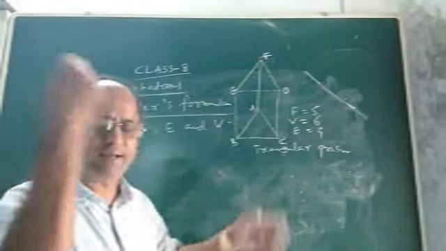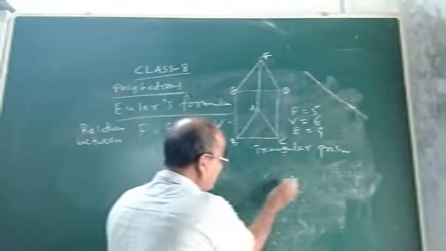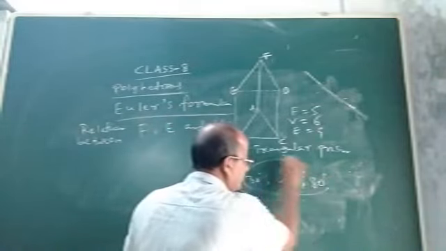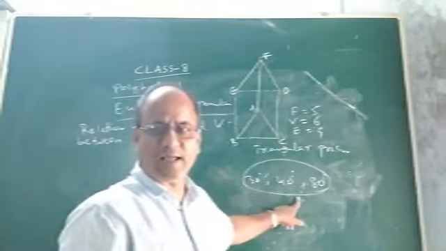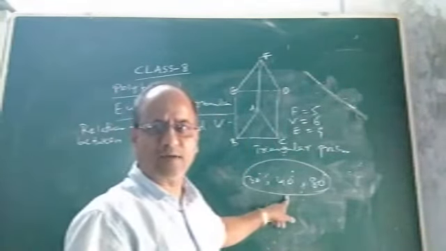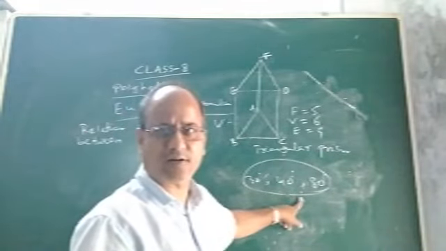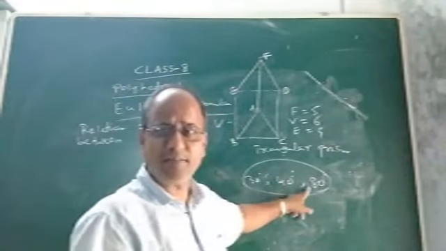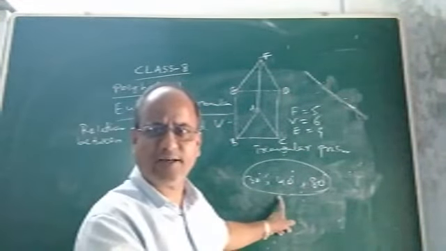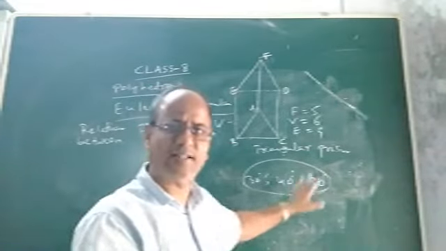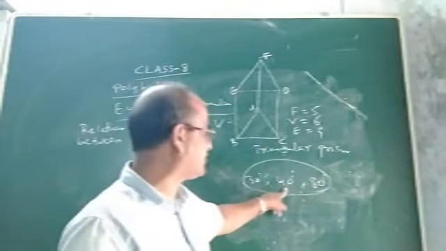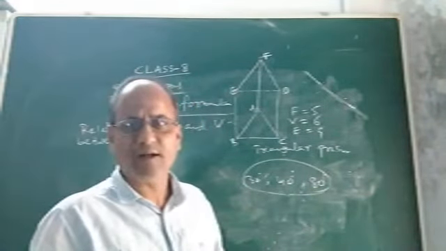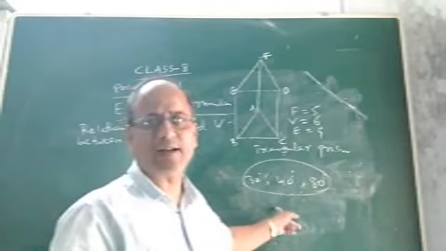It is like a triangle. Suppose you are given 3 angles, 30 degree, 40 degree and 80 degree. Suppose you are given the measures of 3 angles of a triangle. Now the question is, is it possible to draw or construct the triangle? How to check? First you will add these 3 angles. By a property of a triangle, their sum must be 180 degree. If the sum of 3 angles is 180, then only a triangle is possible. But here 40 plus 30 is 70, 70 plus 80 is 150. The sum of 3 angles is not equal to 180 degree. So the triangle is not possible.